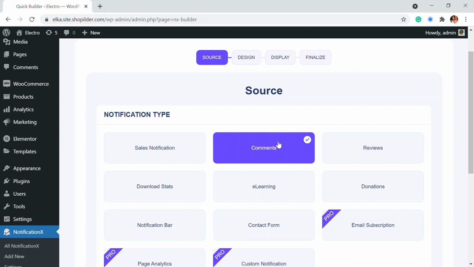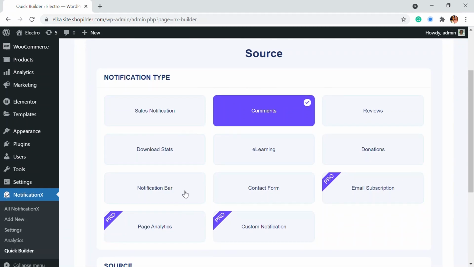Similarly, when a person leaves a comment on some post, the visitors that come after will get a notification saying this person has left a comment. Same goes with the reviews, and if there are any downloadable products on your site, that's also the same. And maybe e-learning, like subscriptions, how many persons subscribed to this, that's also there. Then donation, if somebody makes a donation, that's also there.